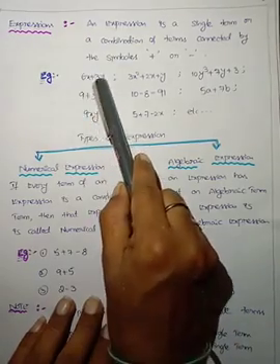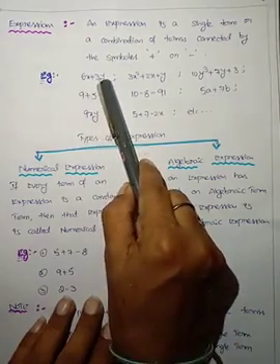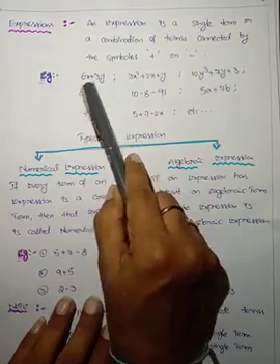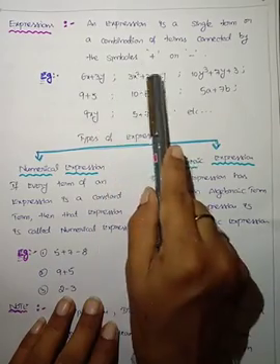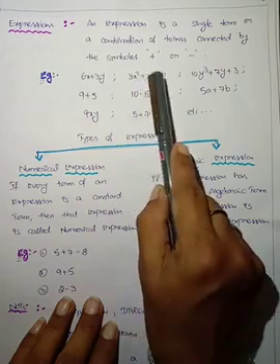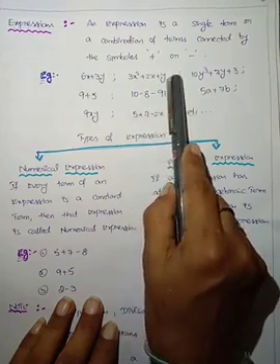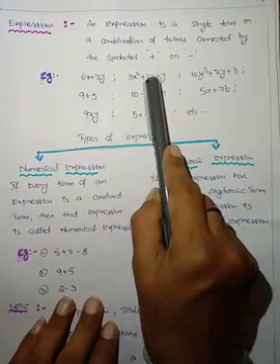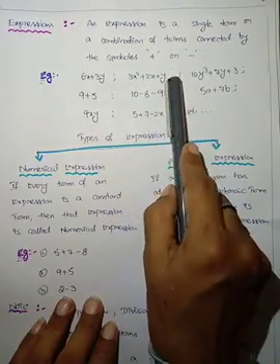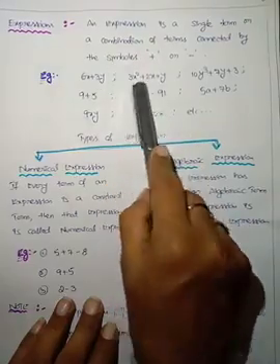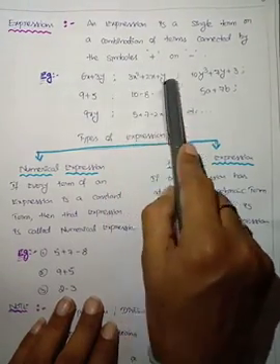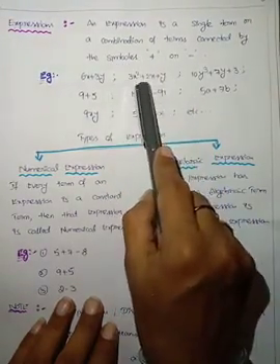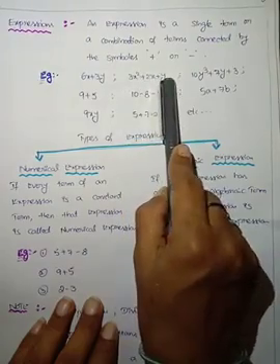Here are two terms, 6x and 3y. A combination of terms with the symbol of addition. Here are 3x square plus 2x plus y. How many terms are here? 3x square is one term, 2x is one term and y is one term. Here are three terms. These three terms are connected by the symbols of addition.